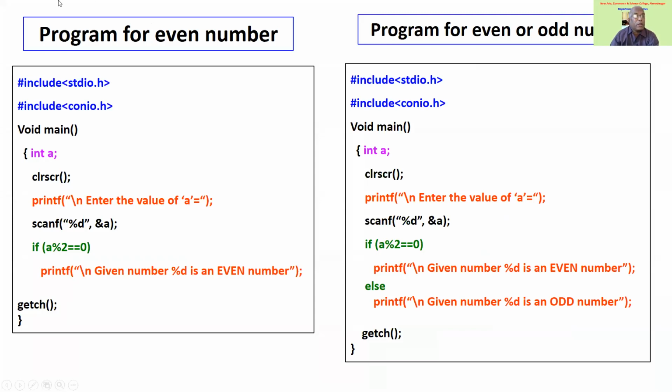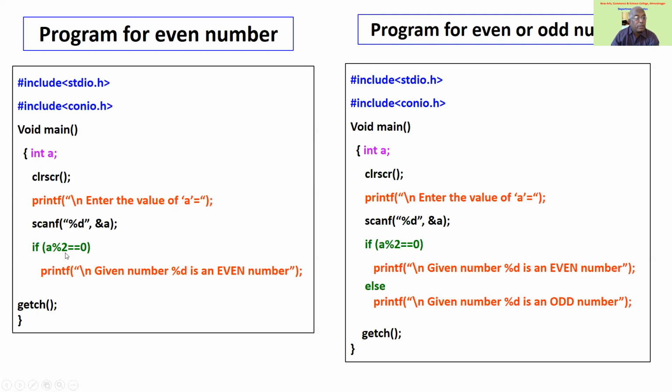So let us see. As usual, I have started with the include statements, stdio.h, conio.h, void main. I have declared an integer a, then clrscr, you know its purpose, clear the screen. Now, please enter the value of a. It is entered through the keyboard, and %d means it is integer type. So this is all usual up to data entry. Now this is important. I want an even number. If it is even, I want to declare even. If not even, I don't have to bother about it. Okay. So if, now see this, I explained to you last time.